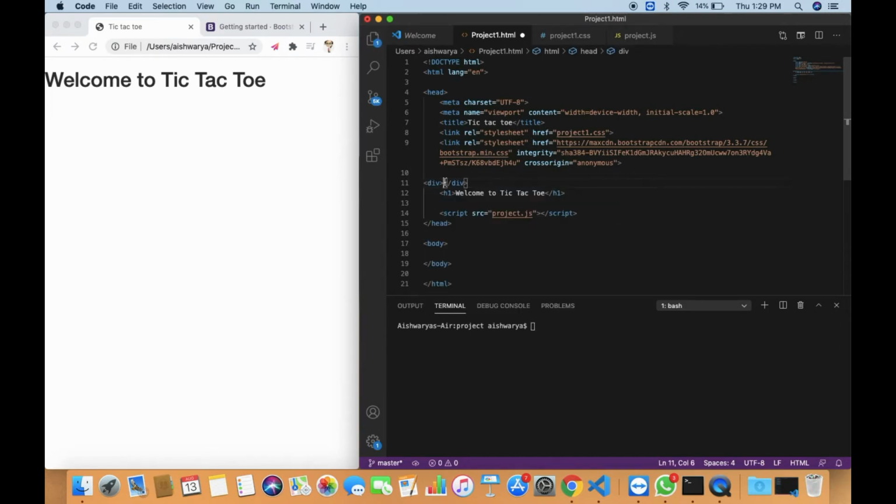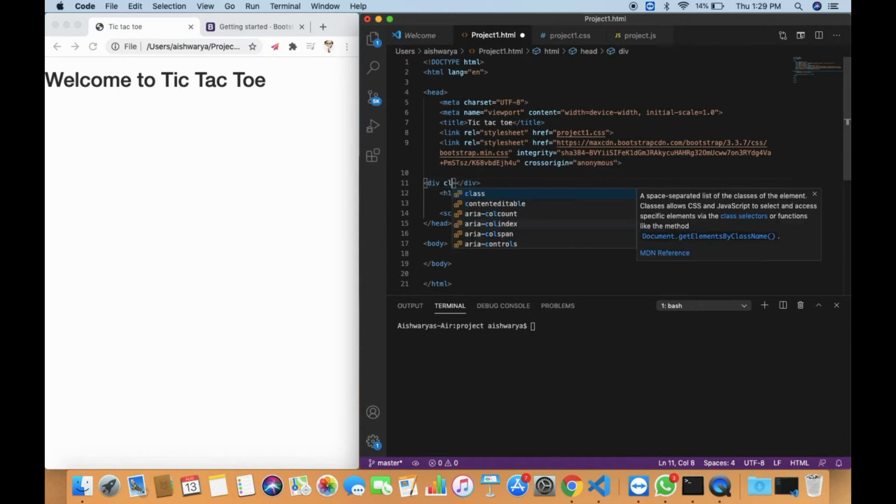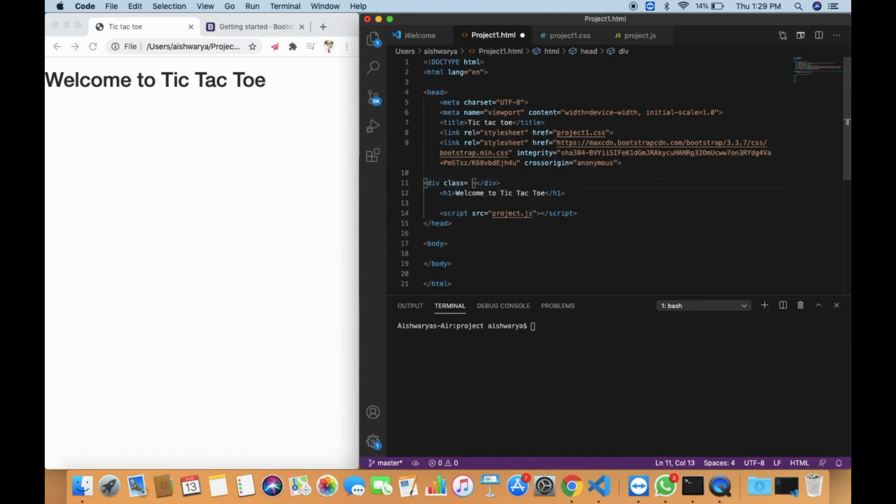After this, we will make a container, or we will add a div tag with the class container to have a good background. Then we can add one more div tag with the class Jumbotron as well.